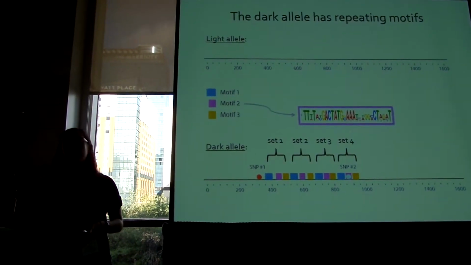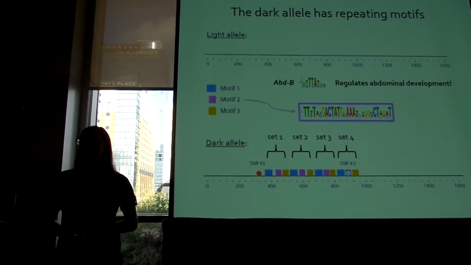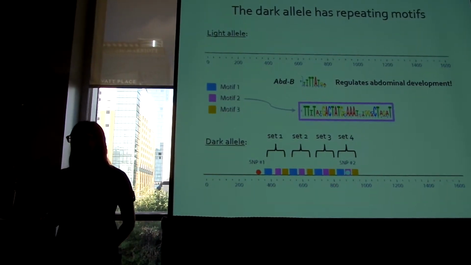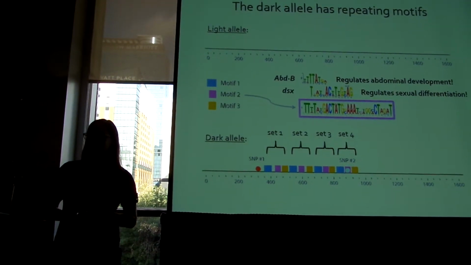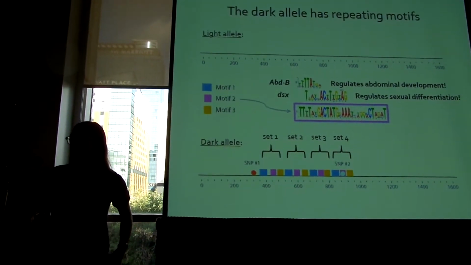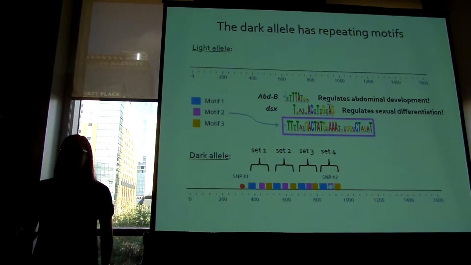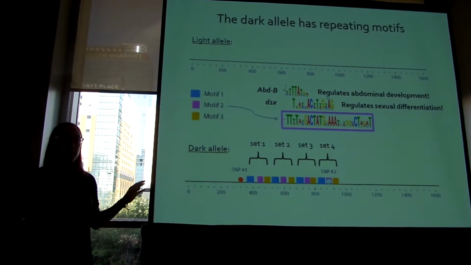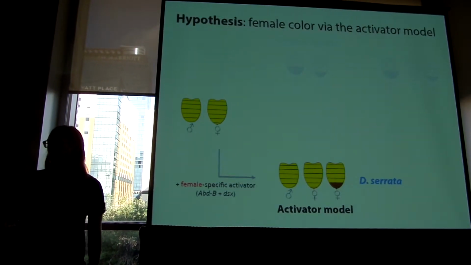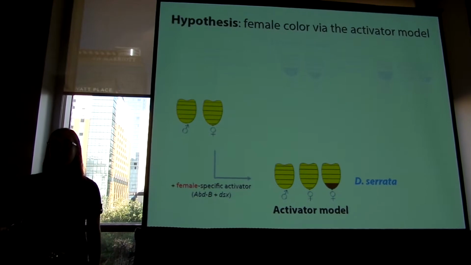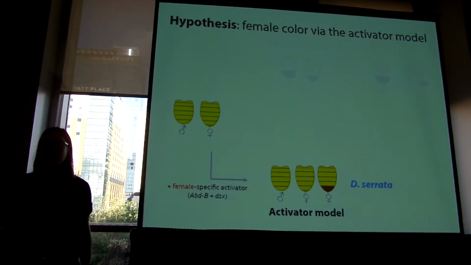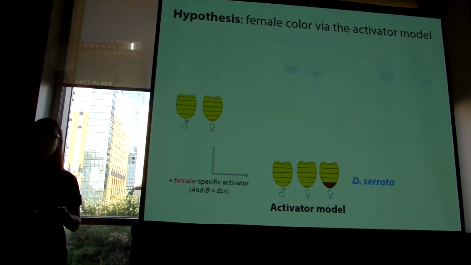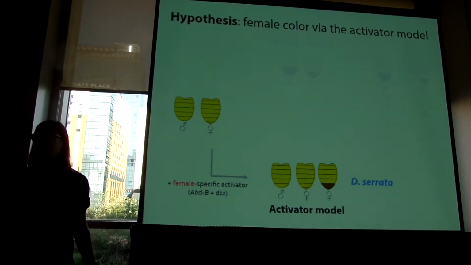And most excitingly, motif number 2 contains predicted binding sites for abdominal B, the Hox gene regulator in Drosophila that's really important in abdominal development, and doublesex, the main sexual differentiation gene in Drosophila. So I couldn't have asked for better candidate binding motifs, and I'm currently exploring how these are regulating female pigmentation here. But my current hypothesis is that maybe female-limited color dimorphism in Drosophila serrata has evolved via the activator model, where the dark allele has gained abdominal B and doublesex binding sites, and potentially males never had to express